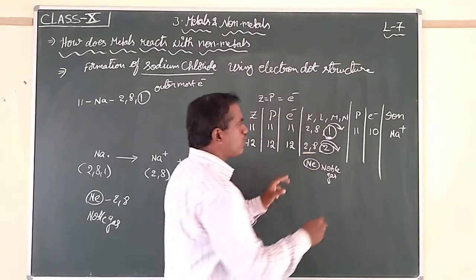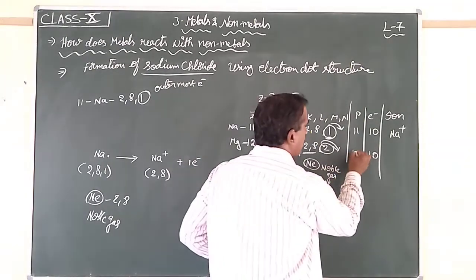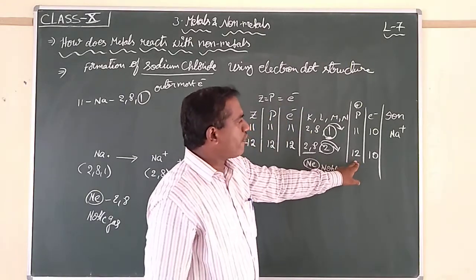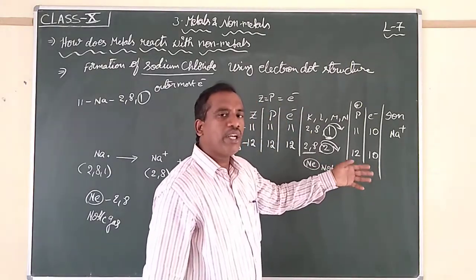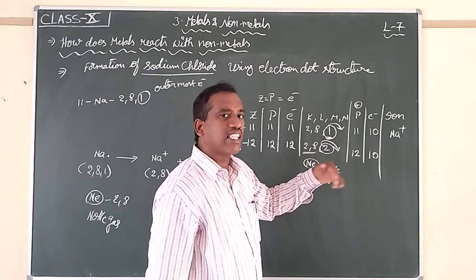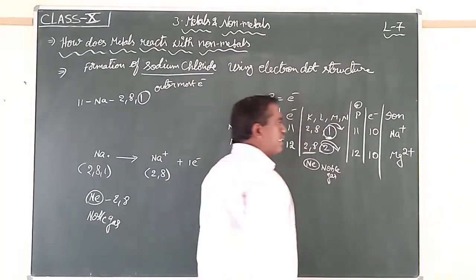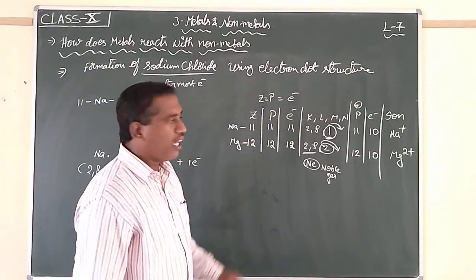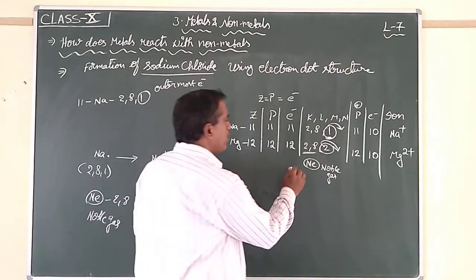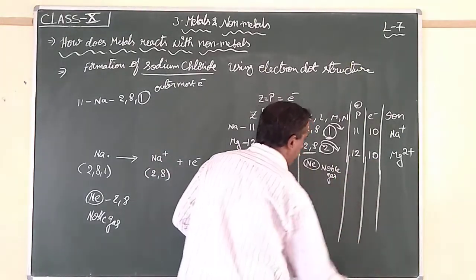After losing 2 electrons, electrons are now only 10 for it, but protons are 12. What is the charge of a proton? Positive. If you see the difference, 12 and 10, how many protons are in excess of the electrons? 2 protons are in excess of the electrons. That becomes the charge. You got the point, children? How we are getting a charge on the atom. Similarly, we will use the same case for some of the examples that we are following.